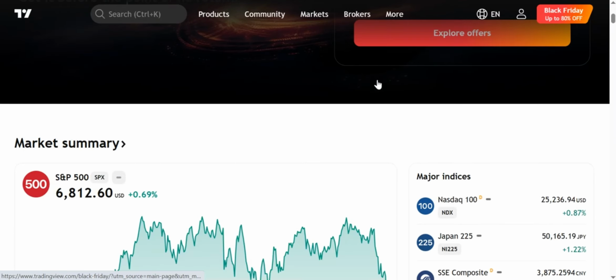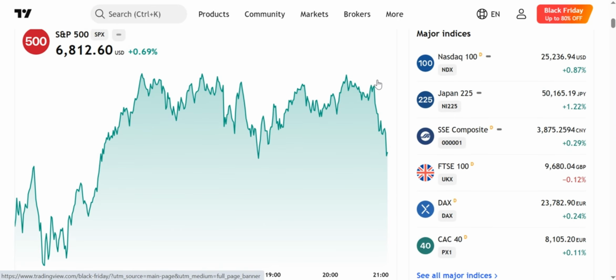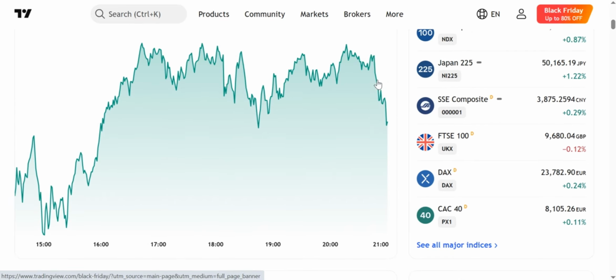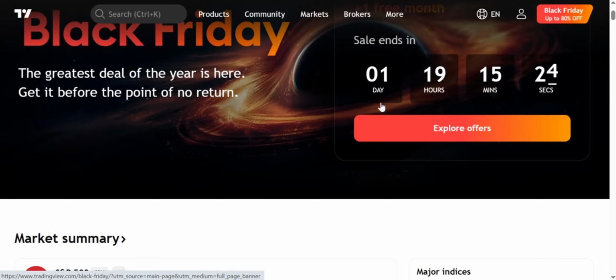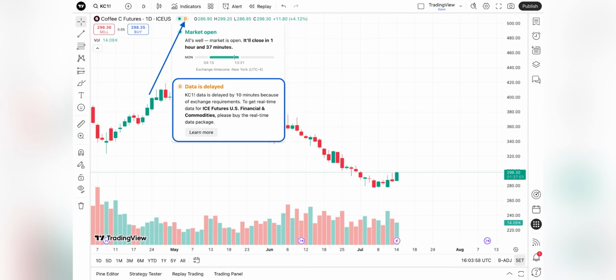To check which market data subscription you need, start by clicking the market status displayed at the top of your chart. When you open it, TradingView automatically shows you the exact subscription required for that instrument. Another quick method is to type the asset's ticker into the symbol search bar. Next to the ticker, you'll see the exchange that lists it, which tells you precisely which real-time data package you'll